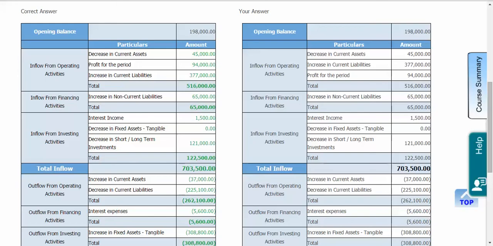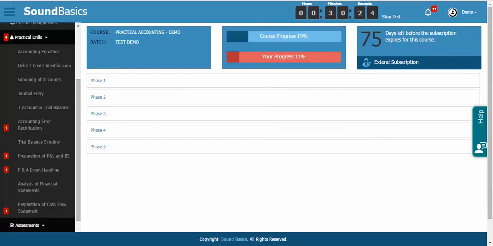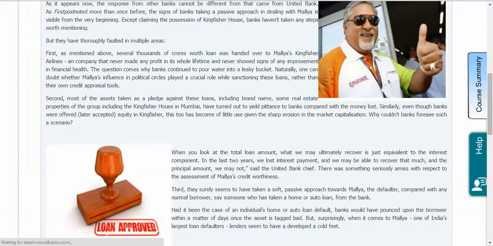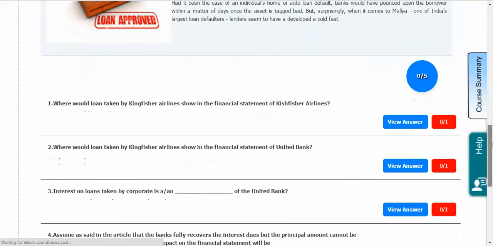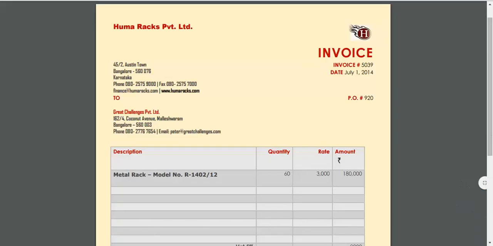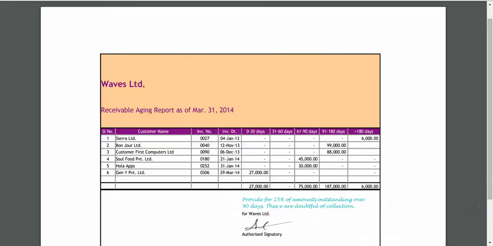The SoundBasics learning experience offers a range of such uniquely conceived software-led exercises involving work simulations. Besides, specially created study material and online quizzes, all of which have been put together, keeping the real requirements of business and industry